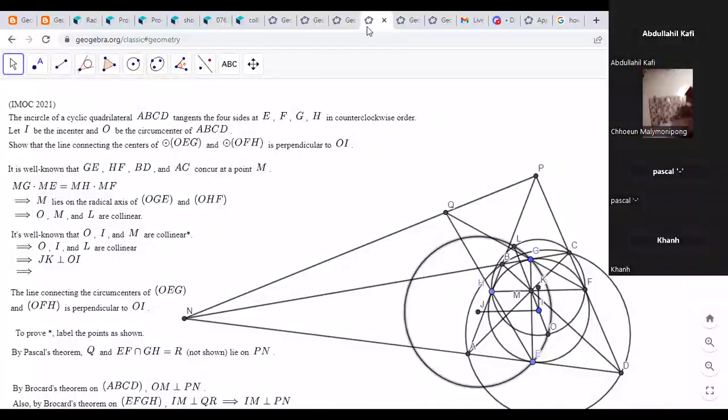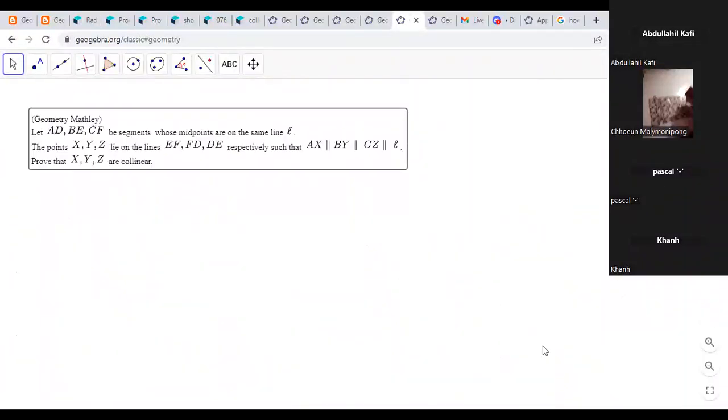So I'll move on to this problem. We actually tried it before, but we can